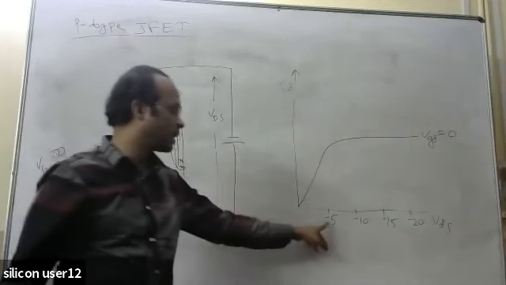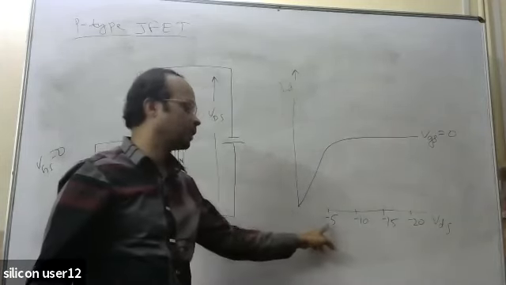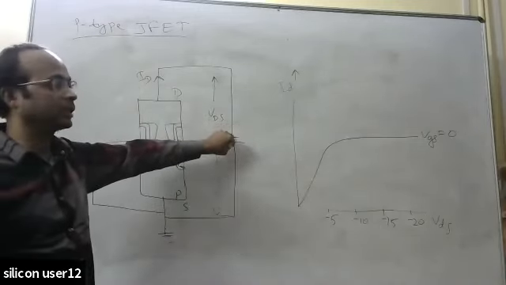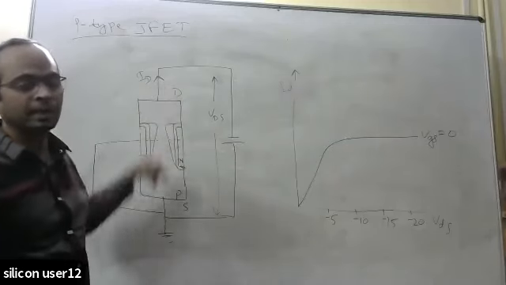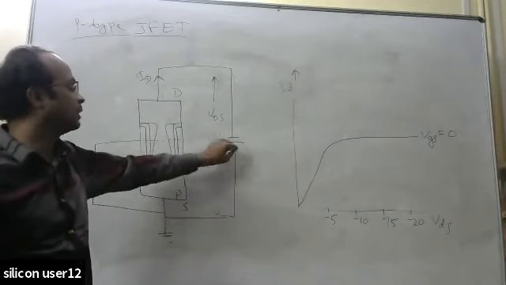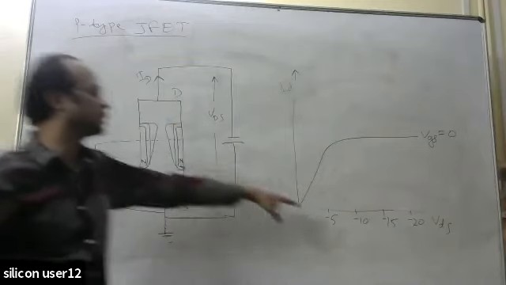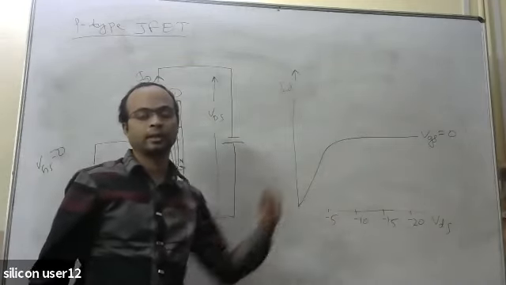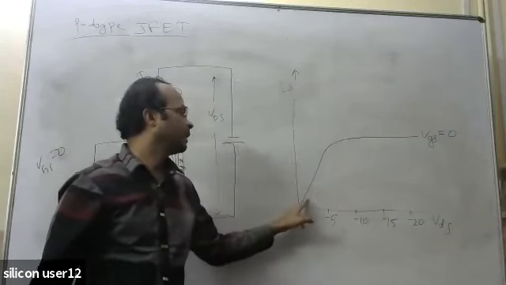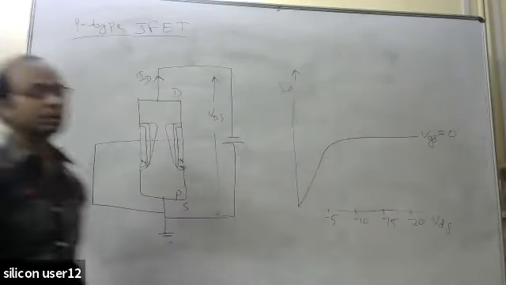You can mark one thing here, I have taken -5, -10, -15. Earlier in the N-type JFET we took all of these as positive, because VDS was applied in the positive direction, so increasing VDS increased it in the positive direction, but here it has been applied in the reverse, negative direction. So when the magnitude of this battery increases, VDS will be -5, then -6, -7, -8, like this. With the increase in VDS in the negative direction, the current will go on increasing, and after a certain time it will be constant.